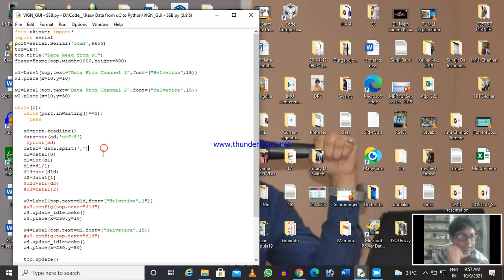The entire line string will be converted to an array, split by the comma. The values separated by commas will be stored in an array called data.